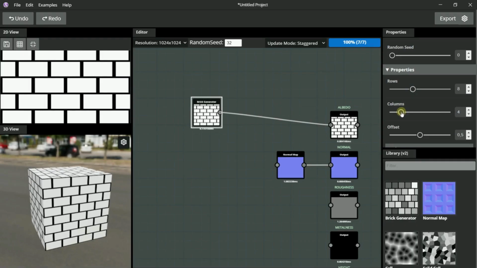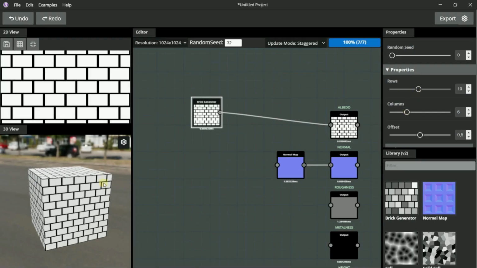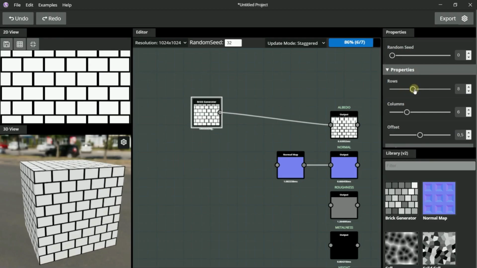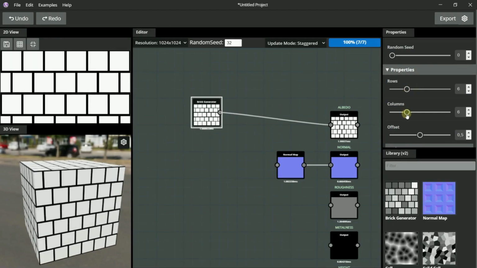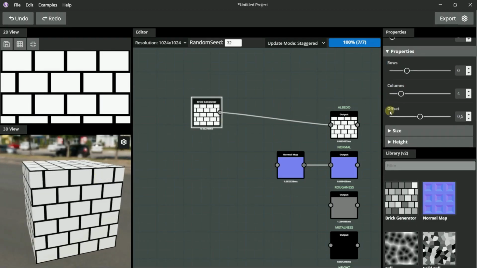Totally on the right, you have a property panel. What does it mean? It means you select a node, you add a node, and on each node, you can edit the node with the property panels. And totally on the bottom right corner, you have a library with the different nodes. You don't have too many nodes, but definitely if you start with the realization of PBR materials, it is pretty